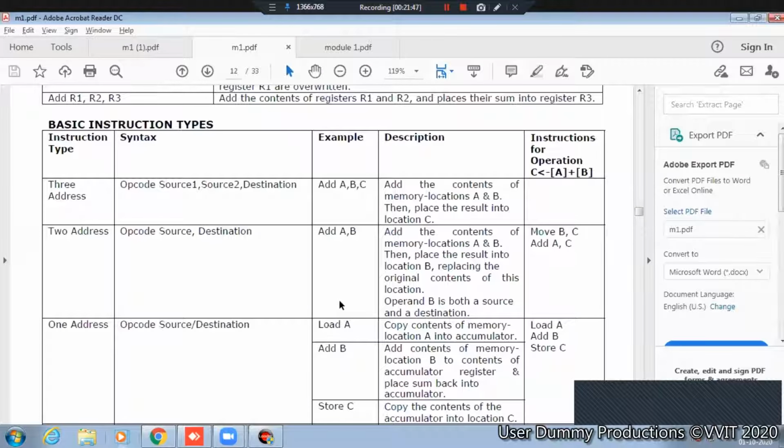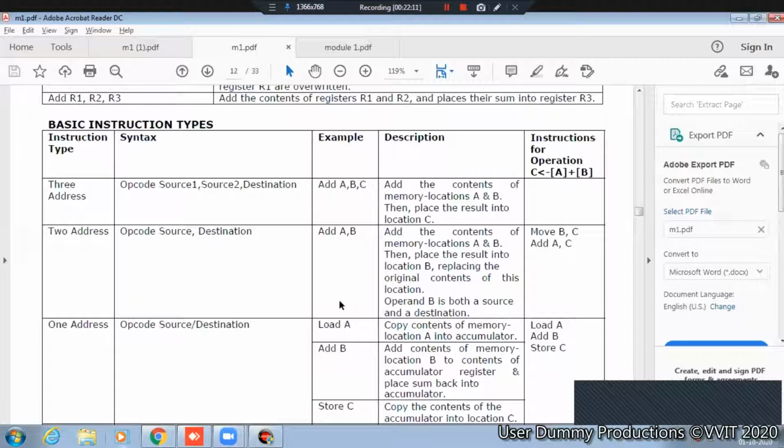Now, one address instruction: Load A, add B, store C. Only one operand will be there in the one address instruction. So, what is load A? Copy the content of A. See, if you're not mentioning any second operand, a register called the accumulator will be assumed automatically.